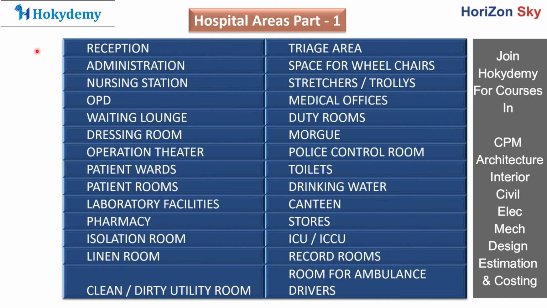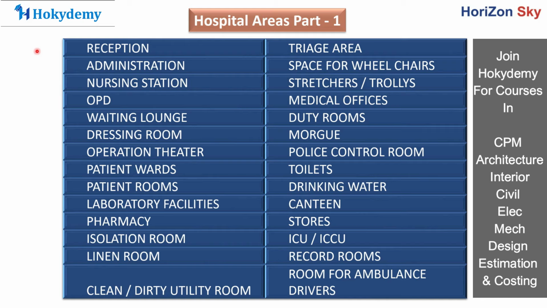Okay. Next we have the space for wheelchairs. The space for wheelchairs is generally provided on every floor. It may be used for any patient who has been through some kind of accident. They can't walk or they are very weak so that they can't walk by themselves right now. So all of them will be provided with wheelchairs. Okay, and this will be a storage area for that.